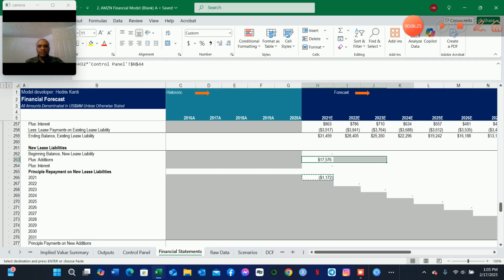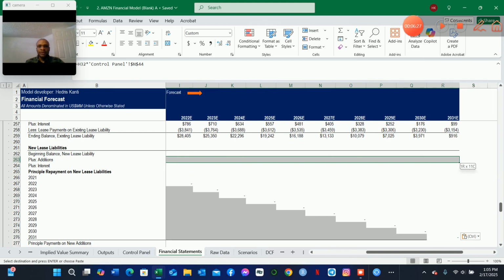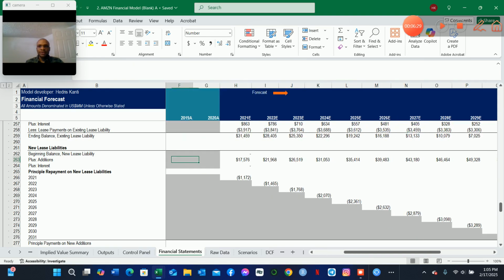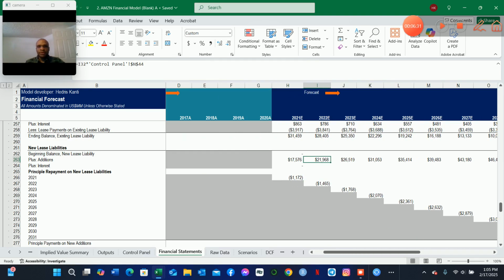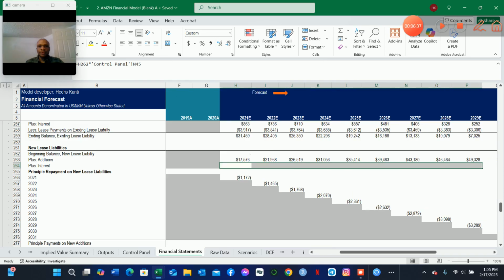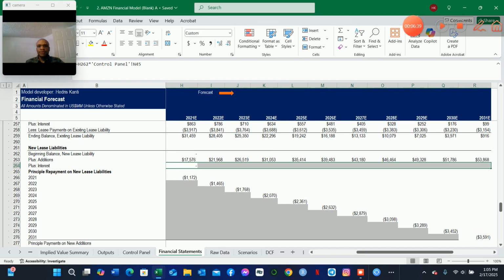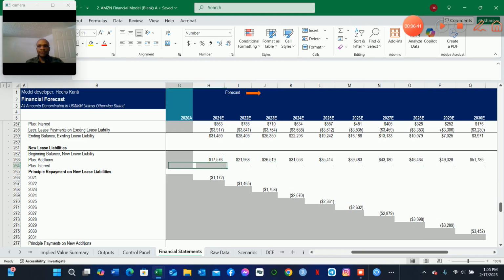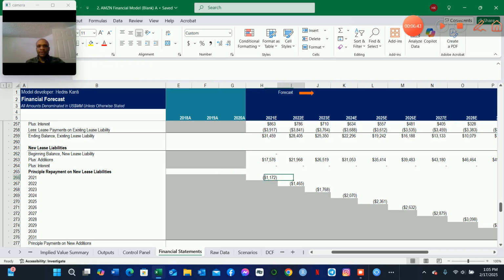So for the additions, we can fill this formula right with Control R. Also for the interest, we can fill that right. So modeling going forward from the year 2022 is going to be a different formula. So we're going to say that it's going to be equal to if